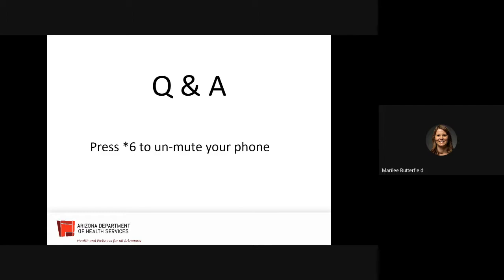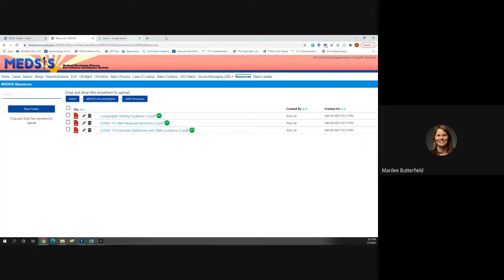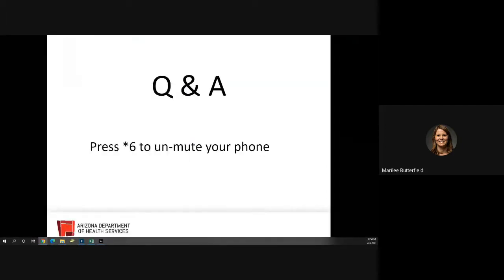The number of required elements for COVID-19 is different than what we have for other diseases, in that there are fewer required elements than what we typically have for other outbreaks. We understand that this is quite burdensome with many outbreak entries in Outbreak module, and we want to help as much as we can.